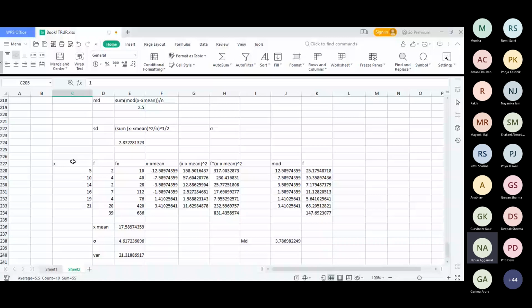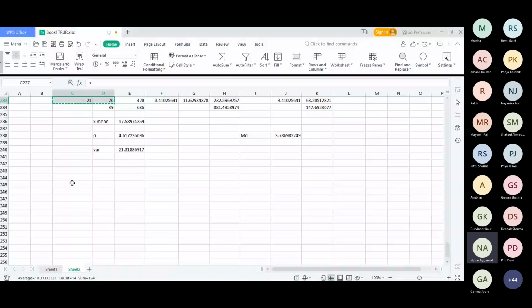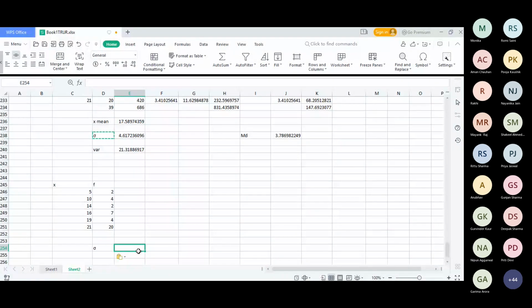So this is the data. We want to calculate the standard deviation. The standard deviation, the one step formula says sigma is equal to the summation of fx square